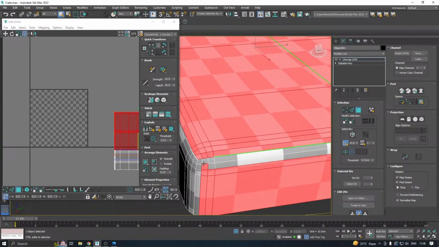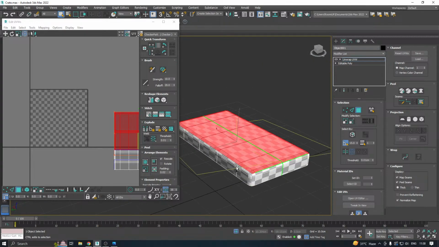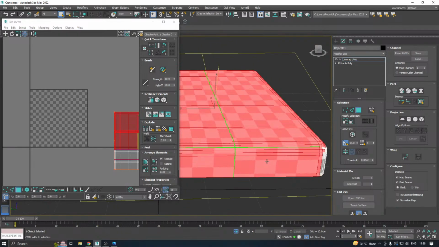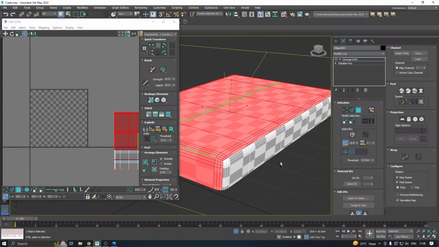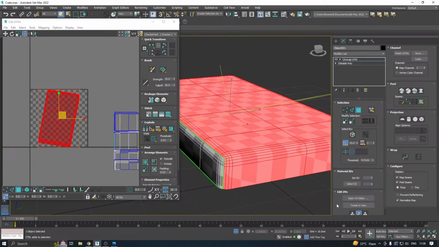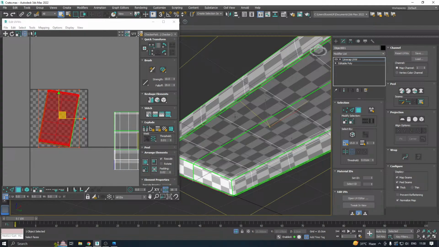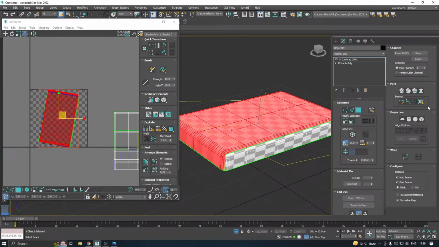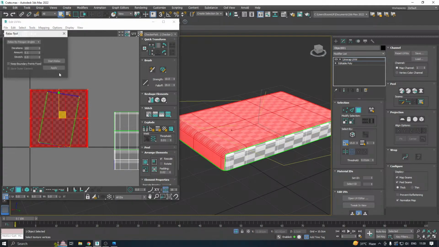We can select these three sides and keep it more. Okay, and keep planar map. Okay. Use the planar projection, same direction, and let's